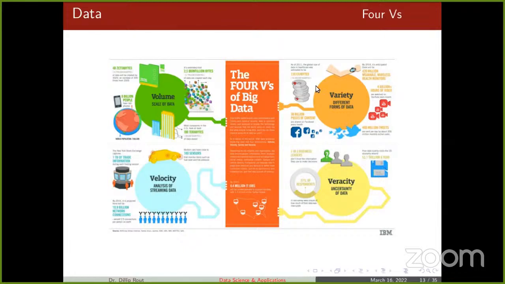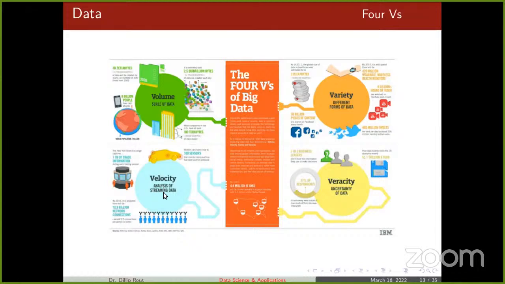So I have given the example. Then I'll also say that there are different varieties of the data. We have numeric data, text data, like sentences, English grammar-like sentences. Also we have audio, we also have video. Such kind of data is there. Sometimes live data is also there. So there are really different varieties. So this is the second V.